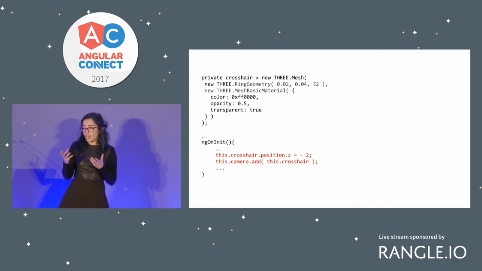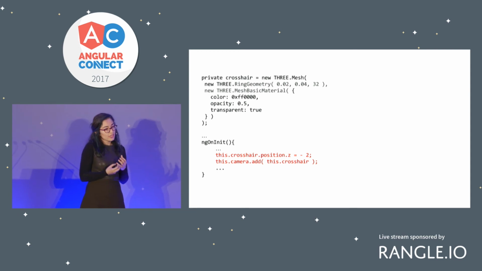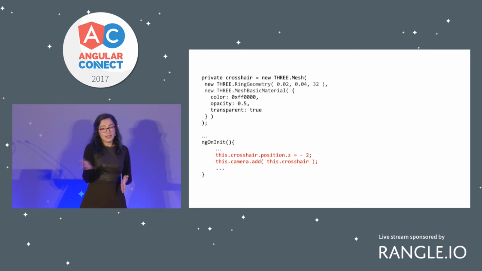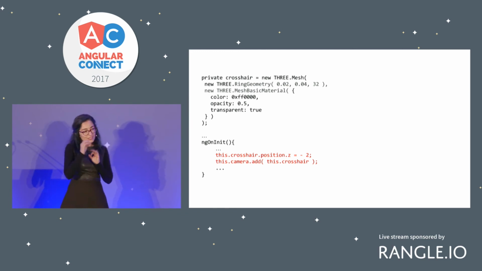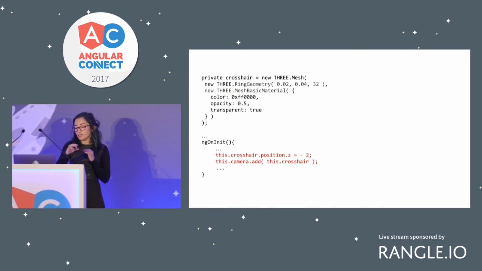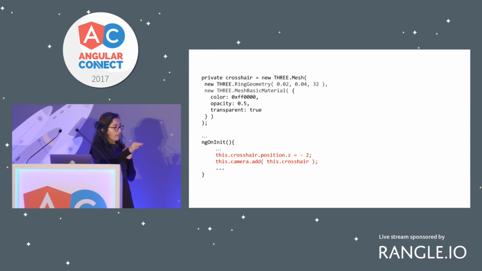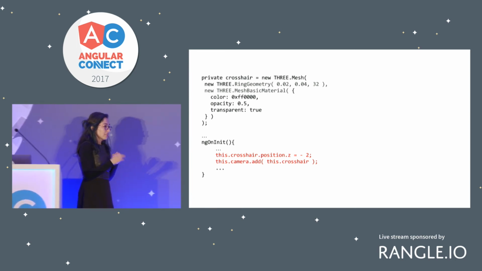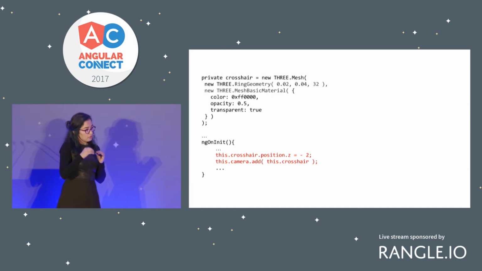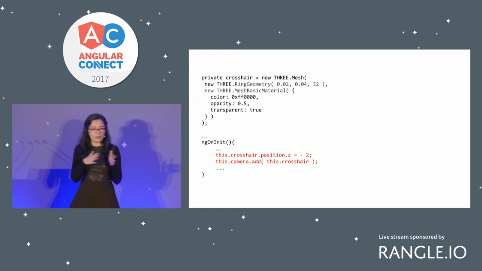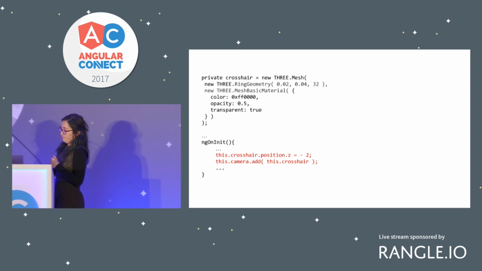Once we create a mesh, any kind of object, they are created at the 0, 0 coordinates of our scene, including our camera. So that makes it impossible for us to see anything because everything is on top of each other. So I'm moving my crosshair a little bit further so it will be in front of my camera. And by adding it to the camera, what I'm doing is attaching it together. So it will always be moving wherever I'm looking through the camera.